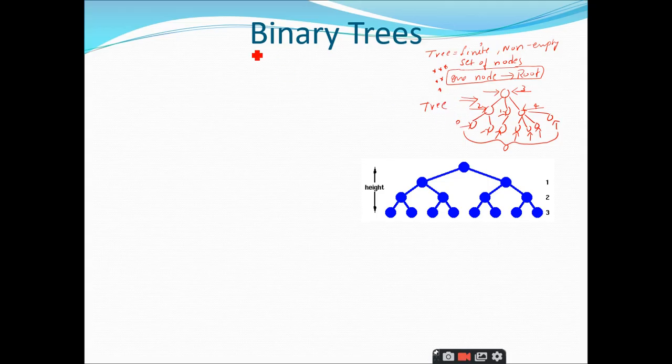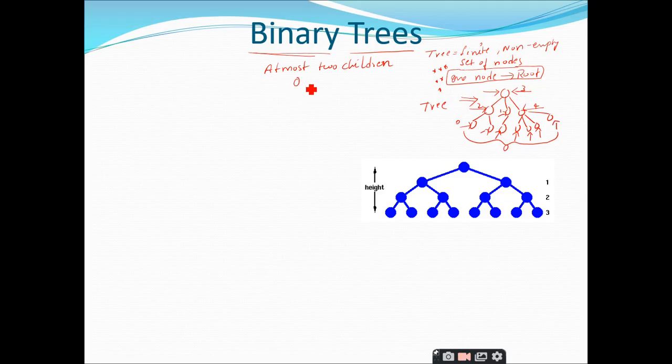Now coming to the definition of the binary tree, it is a tree, but we are imposing a restriction on the number of children that a node can have. So what do you understand by this binary? 2, sir. 2 children. For each parent. So binary trees are the trees where every node can have at most 2 children. Remember, this term is very important. At most. At most means at max. Maximum 2, sir. Maximum 2.